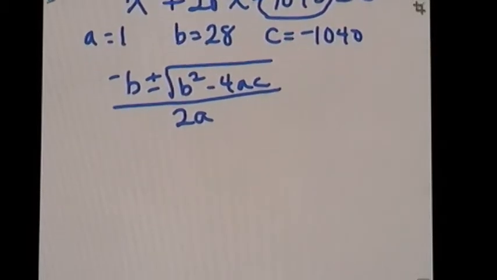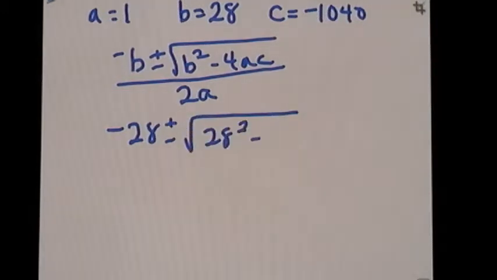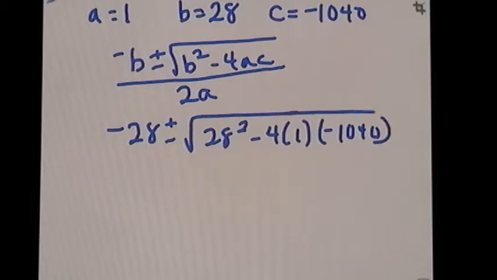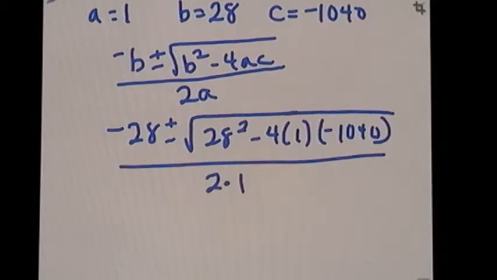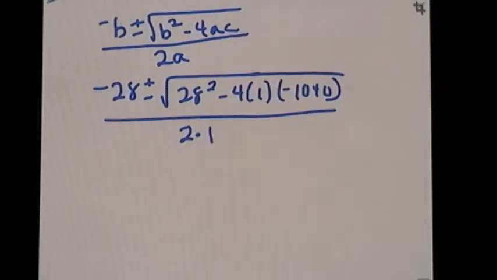So we're just going to plug in these numbers. Negative 28 plus or minus 28 squared minus 4 times 1 times negative 1040. And all of that has to be over 2 times 1. Now we're just going to do this very systematically. Let's start with, we're going to leave our negative 28 here, plus or minus the square root of, all right, punch into your calculator,